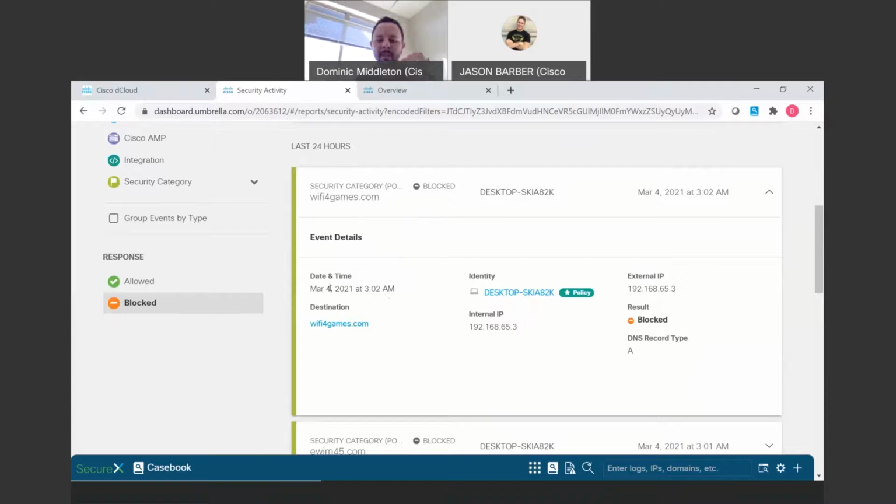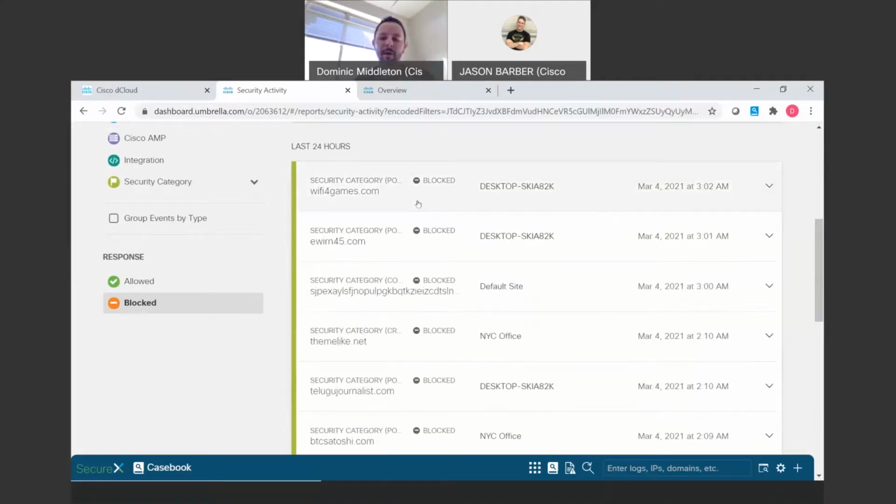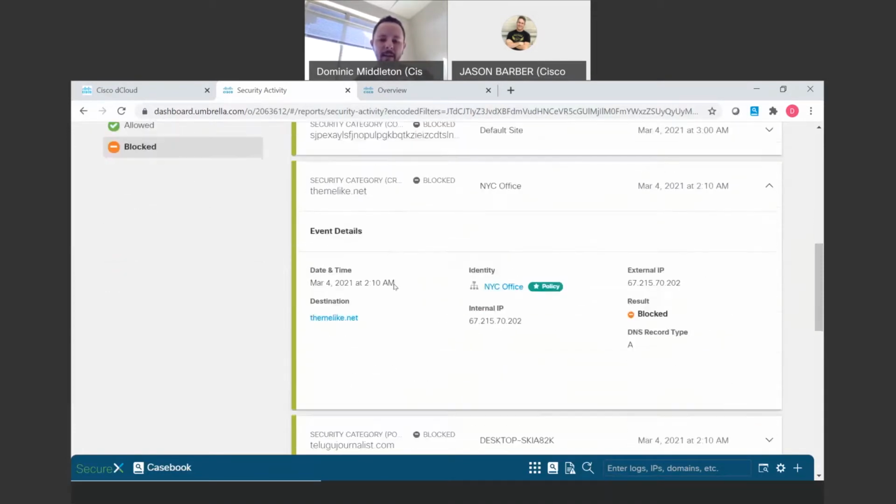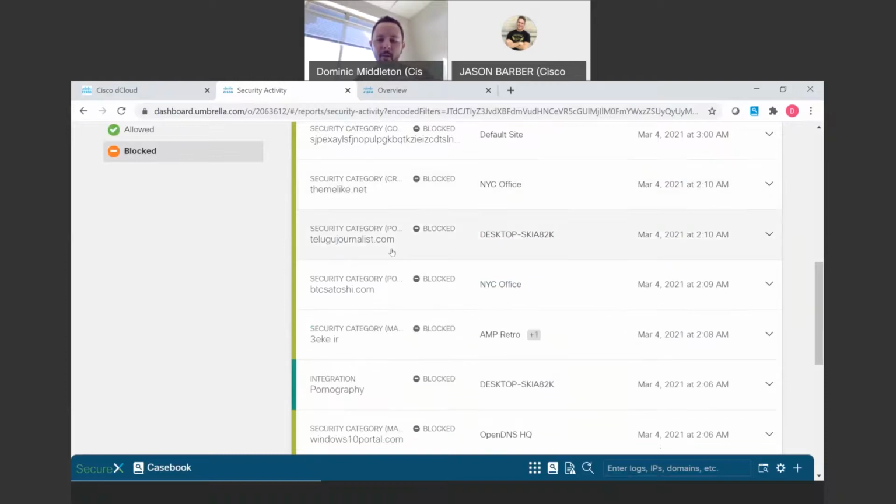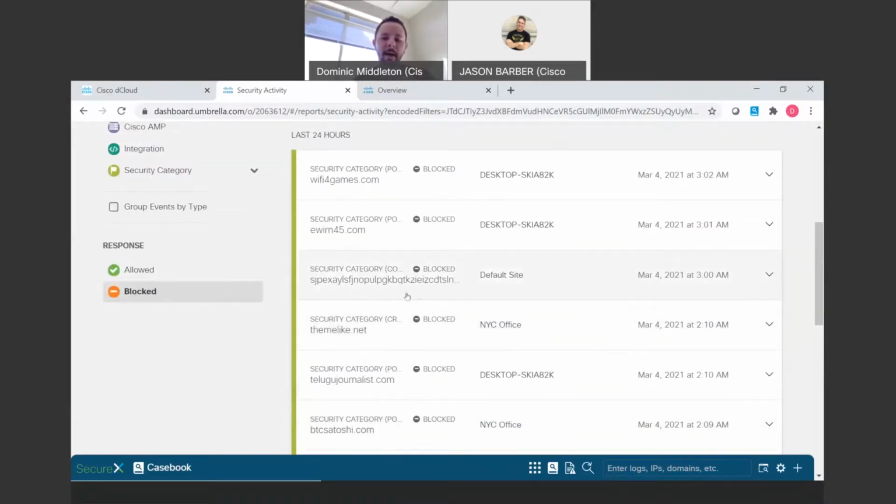And this is going to tell us the date and time, March 4th, so maybe it's over in the UK. This website was on this person's desktop, with associated IP addresses. We blocked it, good to know, okay? So we can go in there and have a conversation with this person: hey, maybe not go to those websites on your work laptop. Depending on what kind of threat it is, it might even tell us if it's malware, ransomware, or whatever it might be, and we can see that as well.